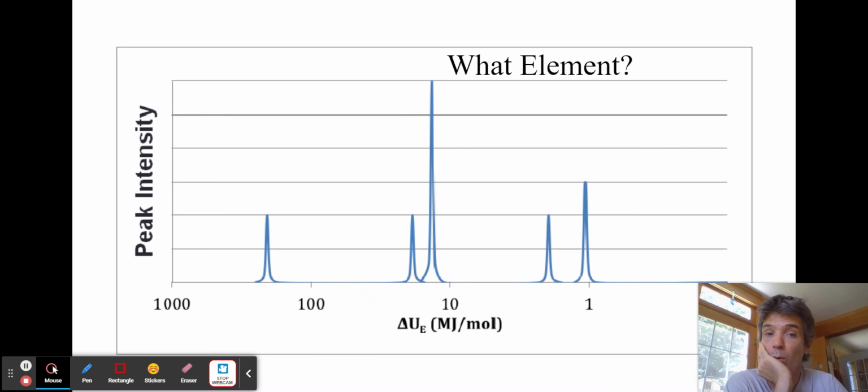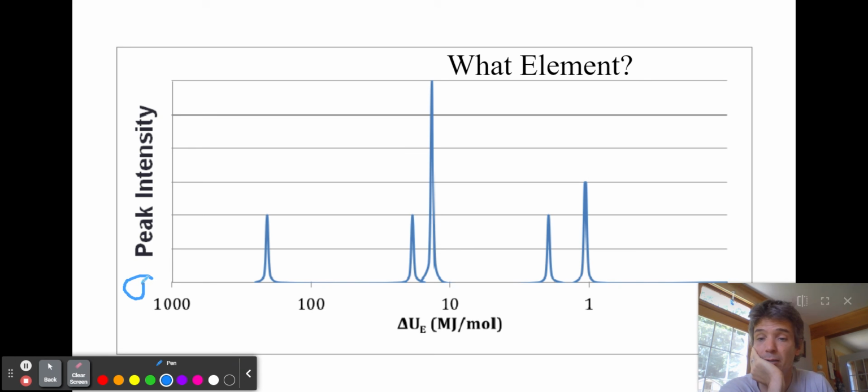Now, here's one. What element is this? You go ahead and pause the video if you want to figure it out, and try to label what peak is what orbital. All right, here we go. Remember, it's good to think about the nucleus being here. The first thing it's going to encounter is the 1s2, then 2s2, and that's 1, 2, 3, 4, 5, 6, 2p6,